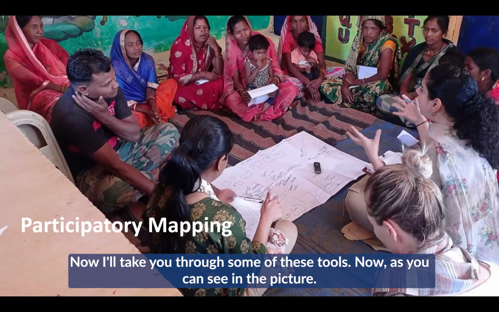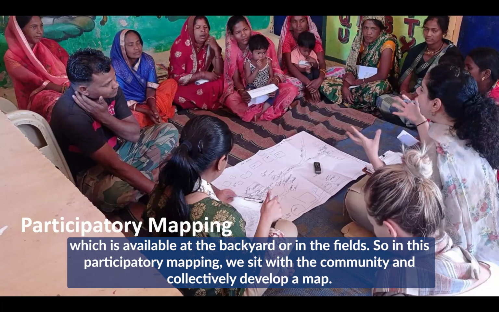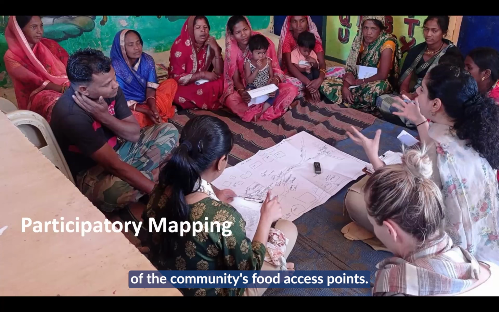Now, as you can see in the picture, the team is sitting with the community, the key informants in the community, with some gender distribution, and of course, those people who are responsible for procuring food from the market, as well as those who are responsible for producing food, which is available at the backyard or in the fields. So in this participatory mapping, we sit with the community and collectively develop a map of the community's food access